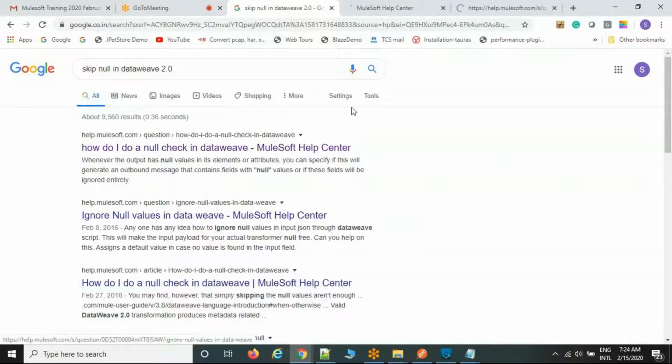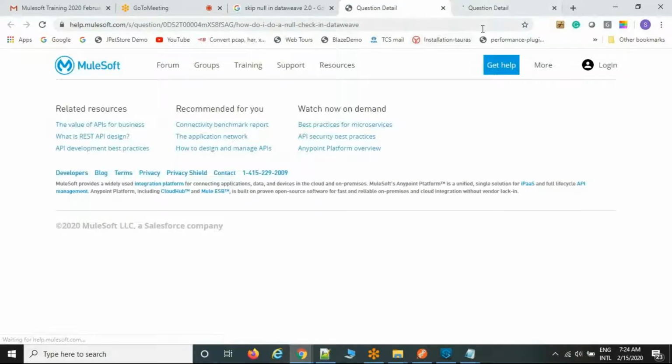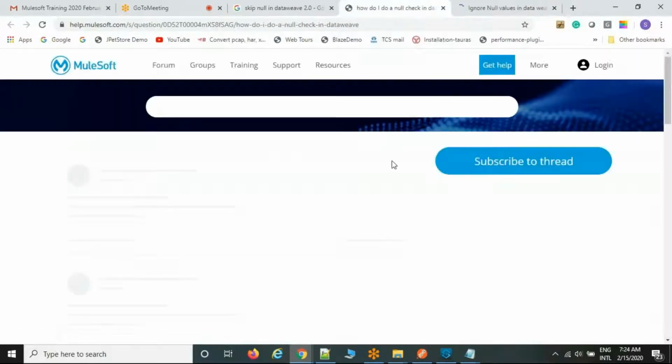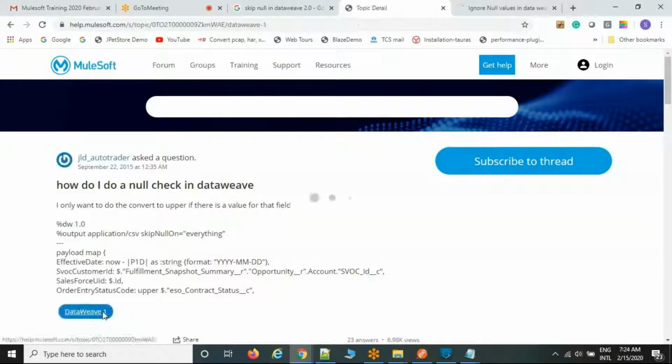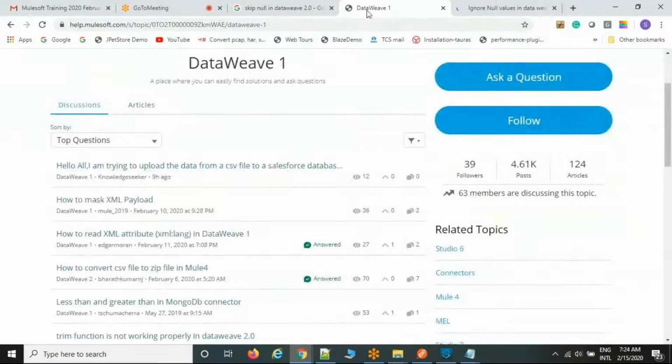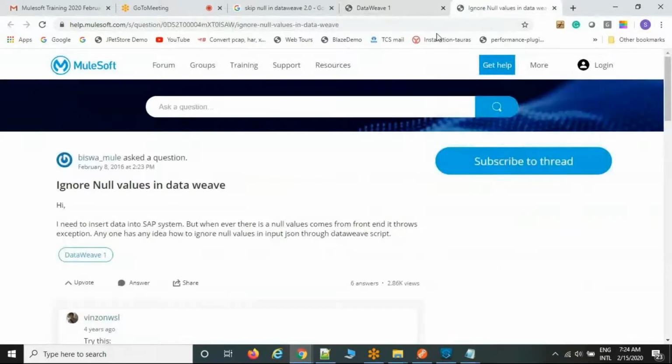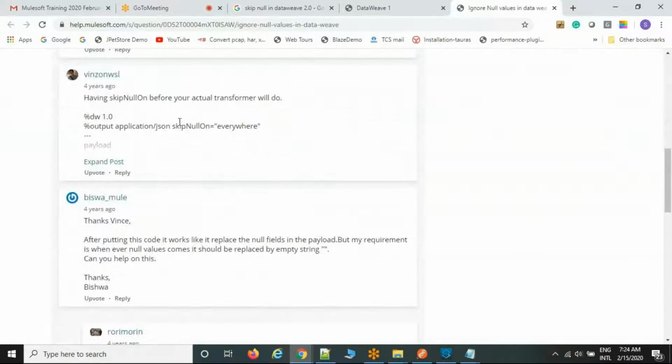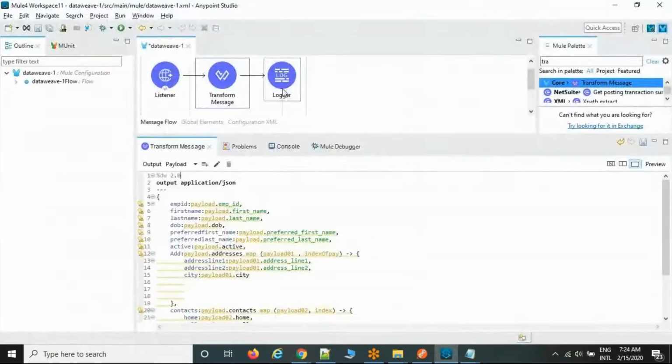By using this keyword, we are going to skip the null values in the DataWeave code. One second. Yeah, this is the one. So you can put it here at the header level.